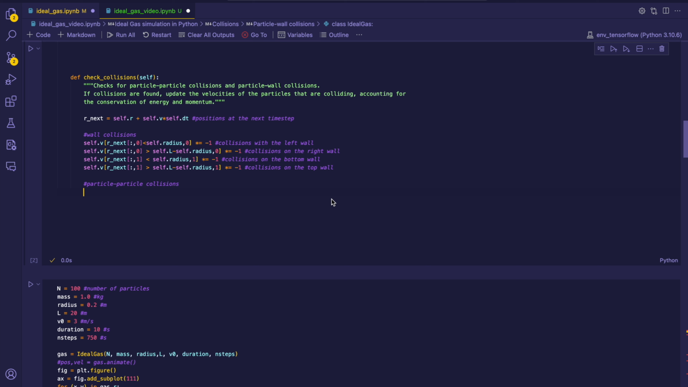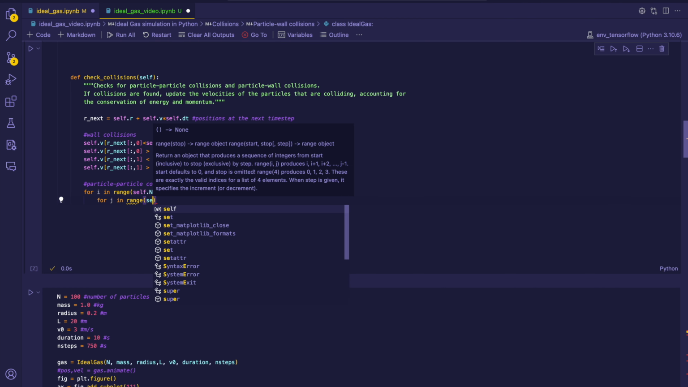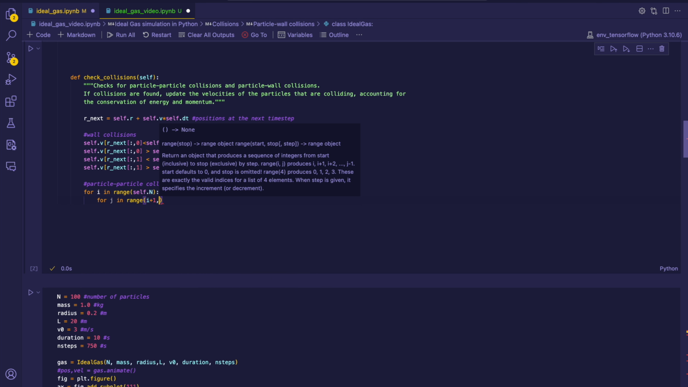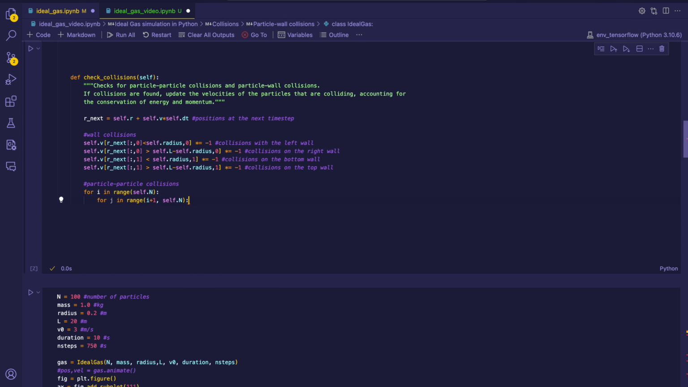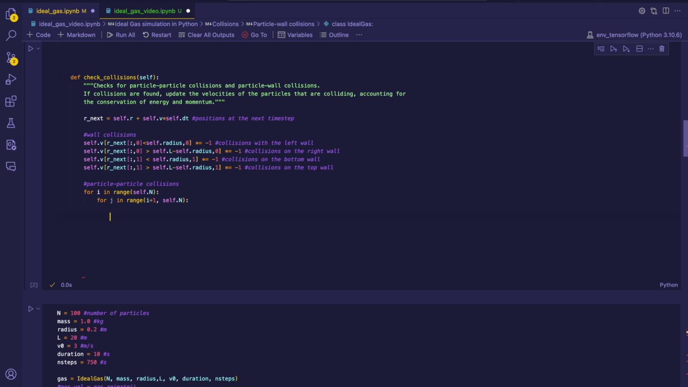And we need to loop. So what we basically need to do is loop through all the distinct pairs of particles and do this check. So we're going to do this with a double for loop. So for i in range self.n, and for j in range i plus 1 to self.n. So this ensures that I'm only looping through the different particles i and j that are not the same. Okay, and then I need to check if the distance between particle i and j is less than twice the radius. So if